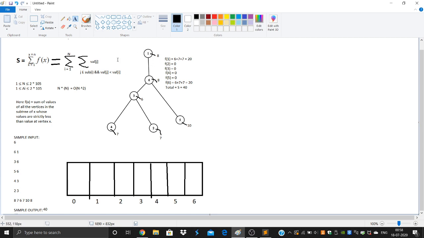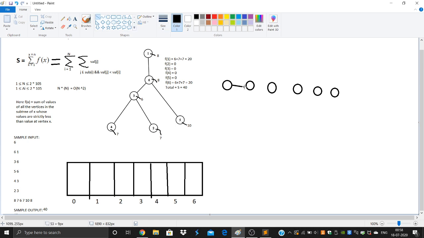So what can I do for this tree? I could start by considering a very simple tree, maybe one which is linear. I could consider a tree in which each node either has exactly one child, or it is a leaf node.